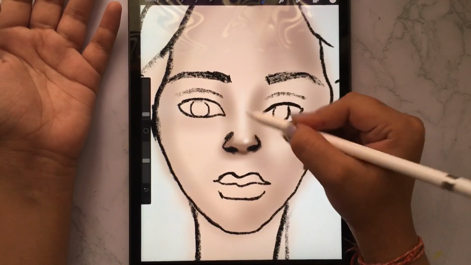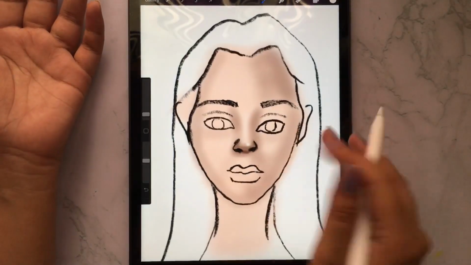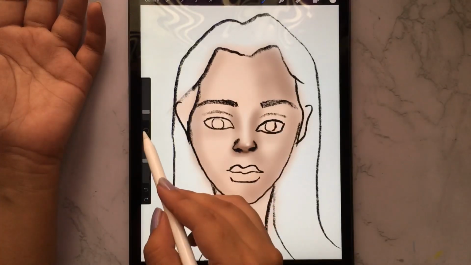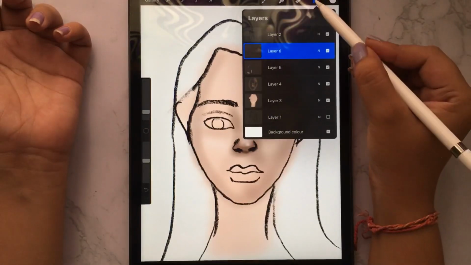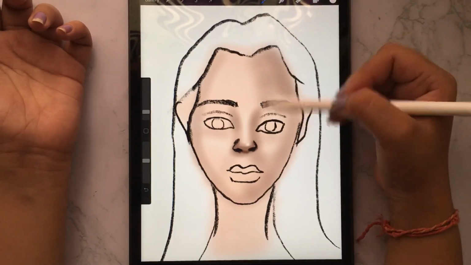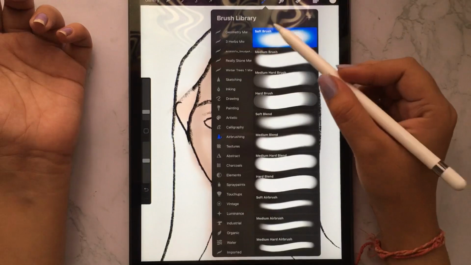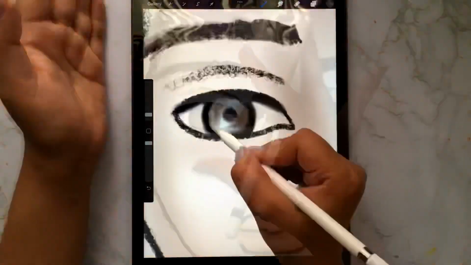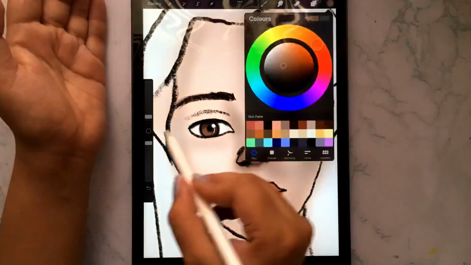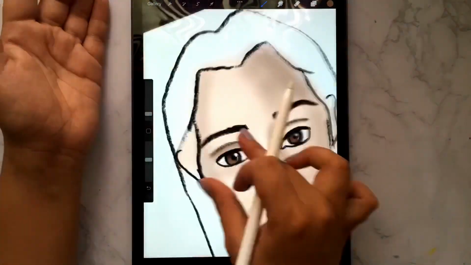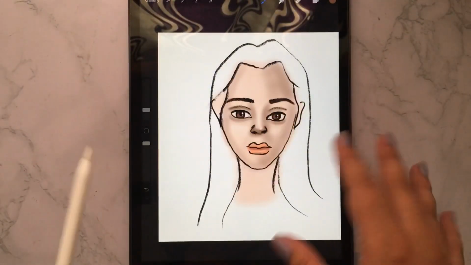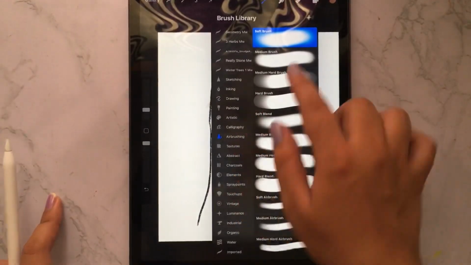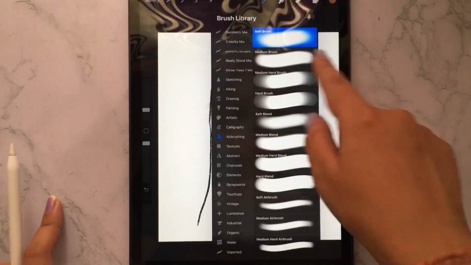See, you can make highlights like this, and if you want to make highlights on cheeks, now select another layer and make the lips, eyebrows and eyes. I'm going to use the same soft brush under airbrushing for all this portrait. Like this, you can draw the face and color. I have only shown you like a beginner. As a beginner, you can do all of these by taking the airbrushing under soft brush.